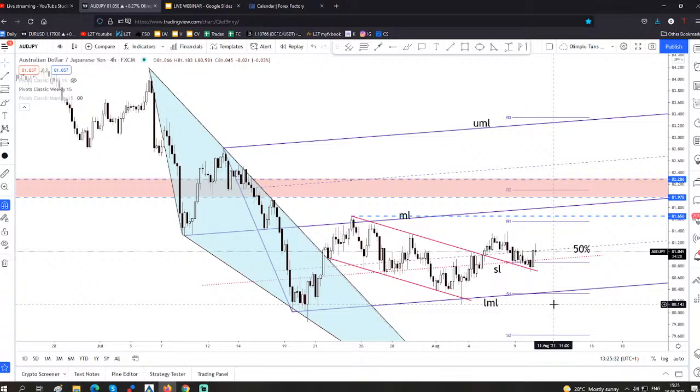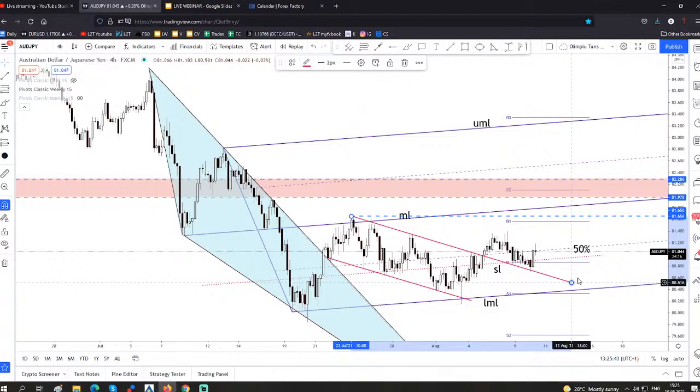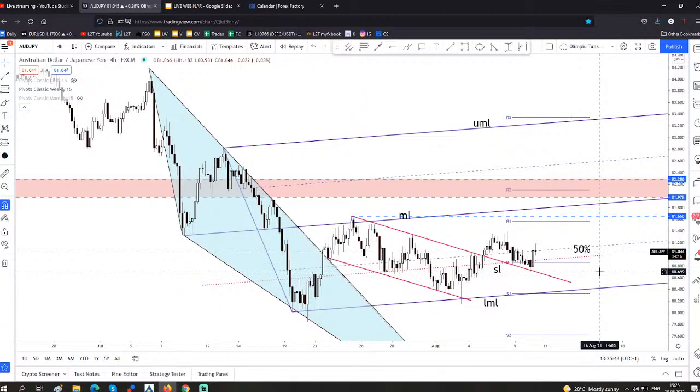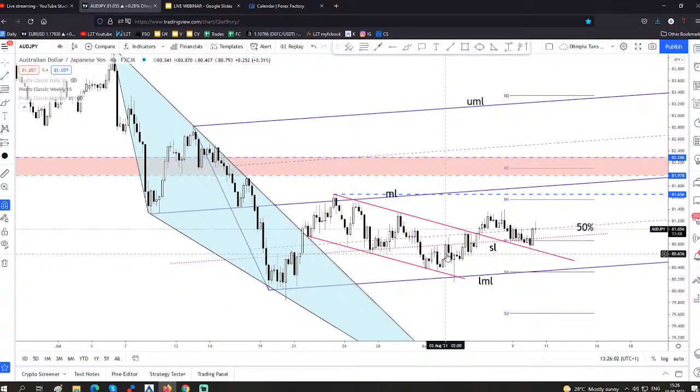Okay, so let's take a look here on the Australian dollar versus the Japanese yen. Technically, this pair, as you can see here, has escaped from this pattern, from this falling wedge. It has failed here to come back to test or retest the broken downtrend line. It was trapped within a down channel here in the short term. Breakout, now test, retests. This candle here, this pin bar, false breakdown with great separation below the lower medium line